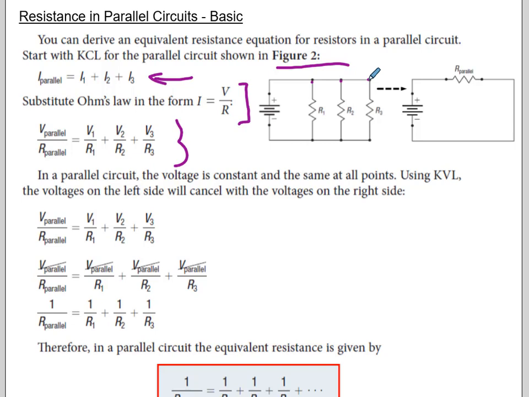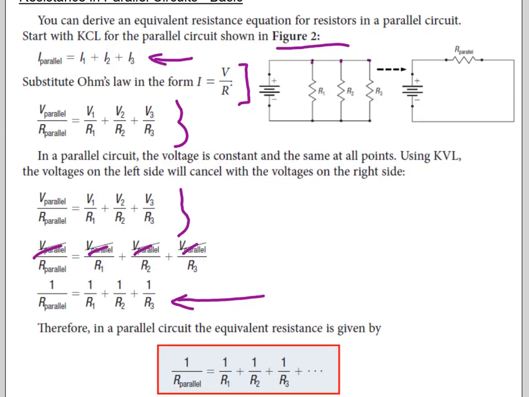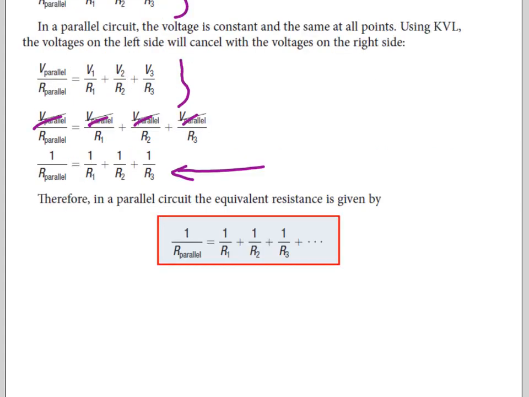So when we do that, you can see we've replaced all of the I's with V over R, and now we can cancel all of these, and we're left with this relationship. So 1 over R parallel equals 1 over R1 plus 1 over R2 plus 1 over R3, and however many R's there are. Okay, so that is our parallel